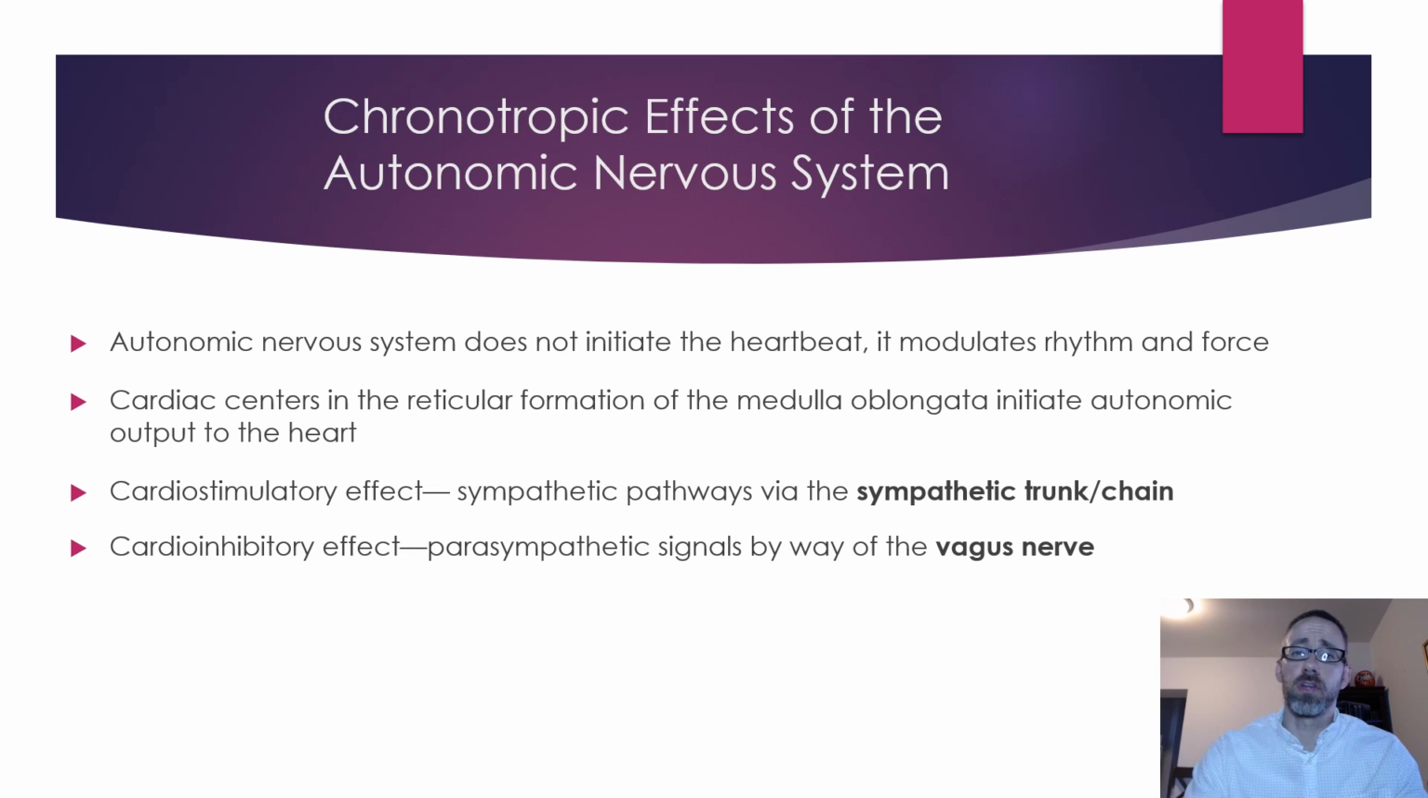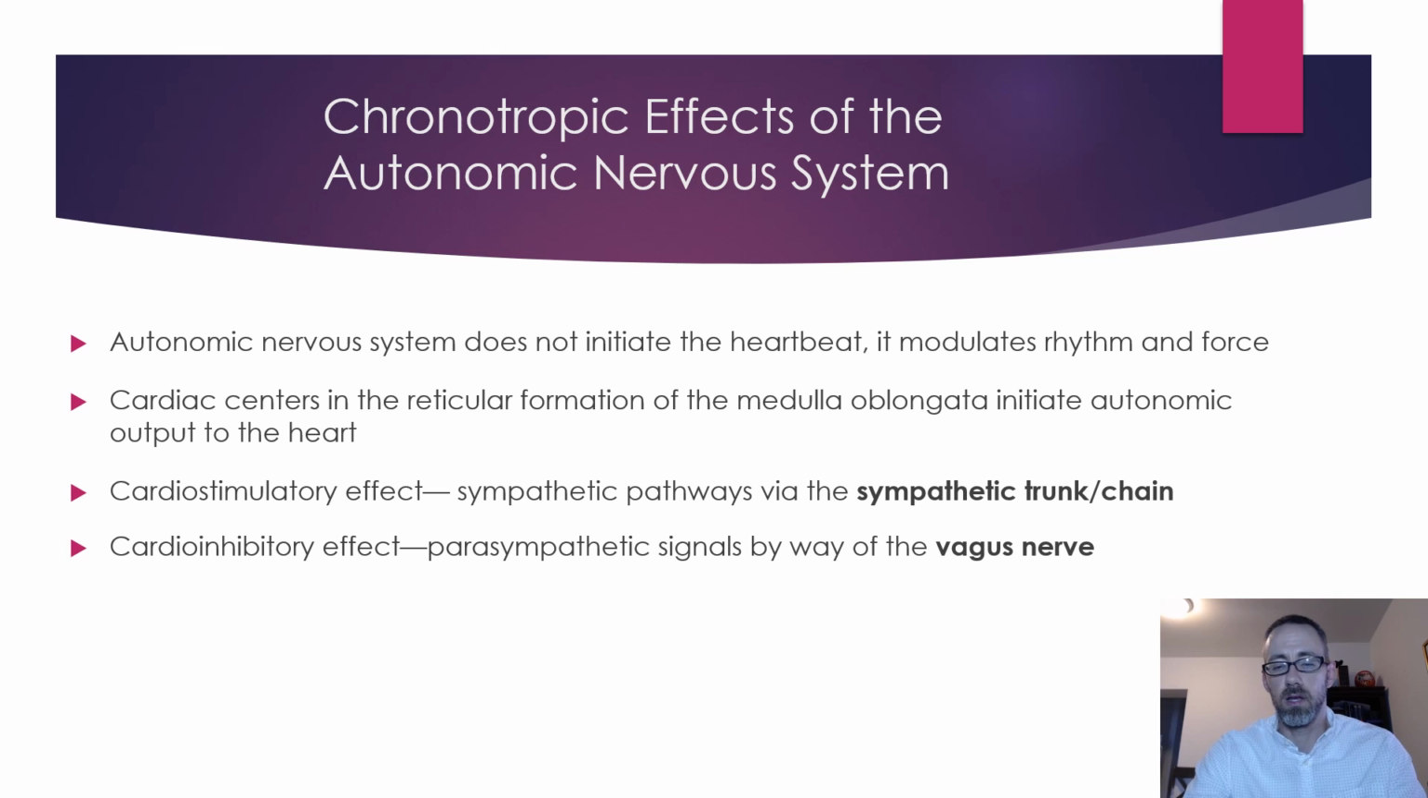Okay, so a little bit further on the chronotropic effects of the autonomic nervous system. First off, the autonomic nervous system doesn't initiate the heartbeats, and as you know, we reviewed that in the previous lecture, that comes from the SA node, and there are specialized pacemaker cells that actually regulate the regular rhythm of the heart. However, the autonomic nervous system gives input to the heart and can help modulate its rhythm and also its contractile